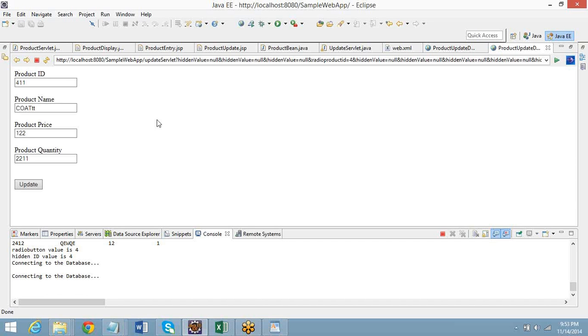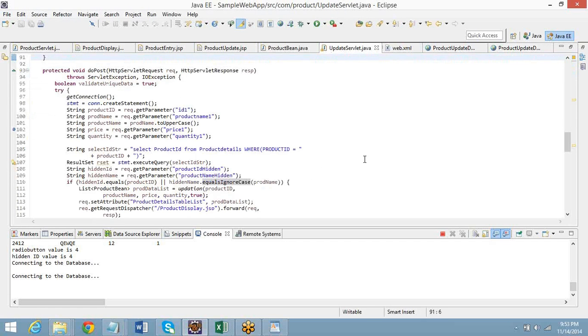Click on that UpdateServer.java. You're running on a server, right? When you update it, it should go to the product display page, right? Why is it not going? It was going when I did it. Go to UpdateServer here, open it.